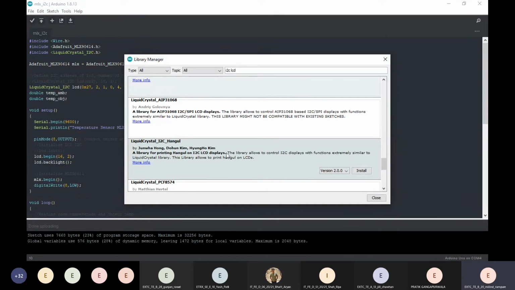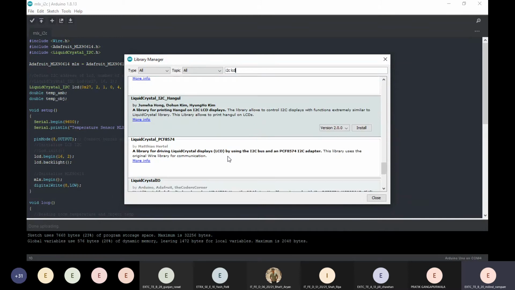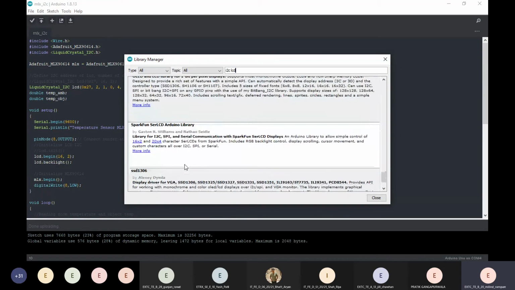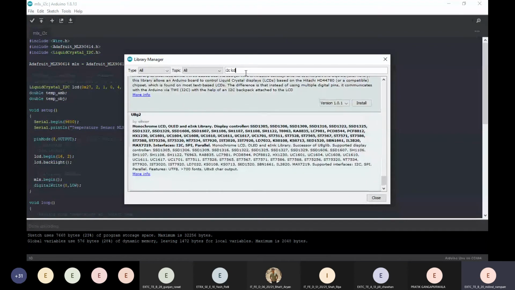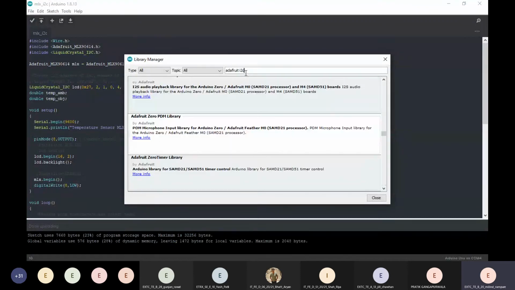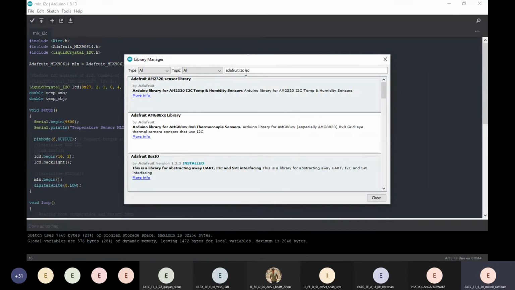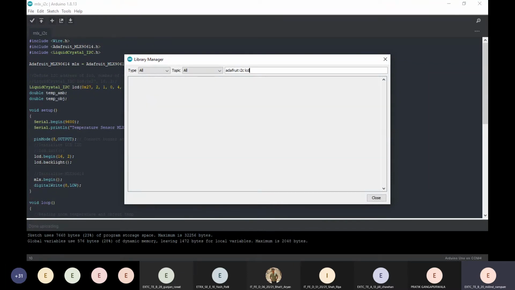As you can see, there are various libraries.